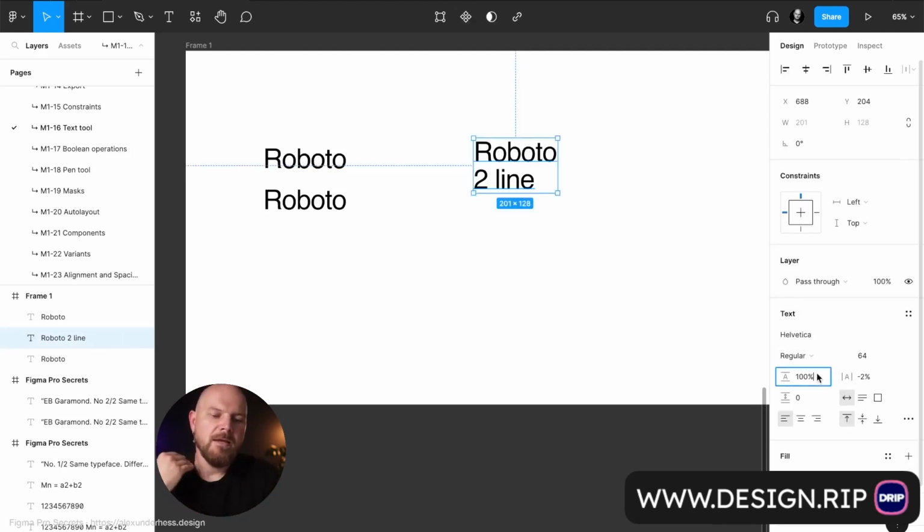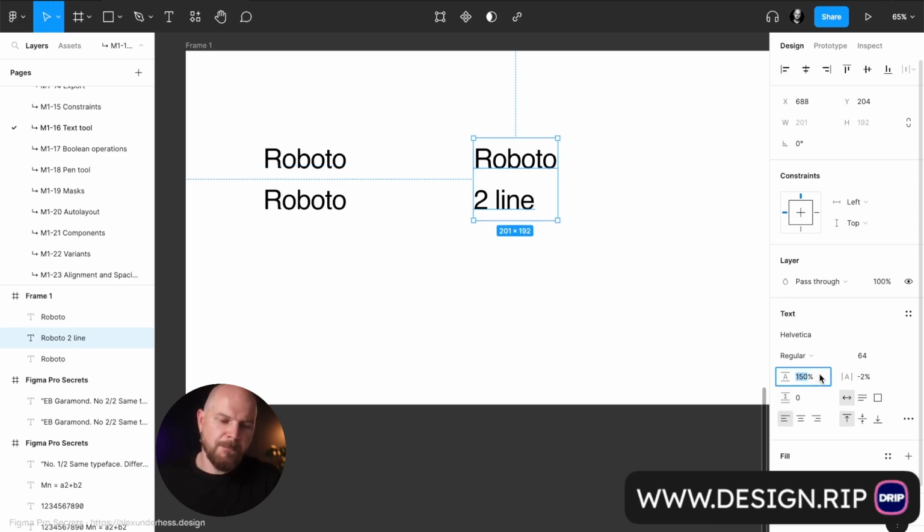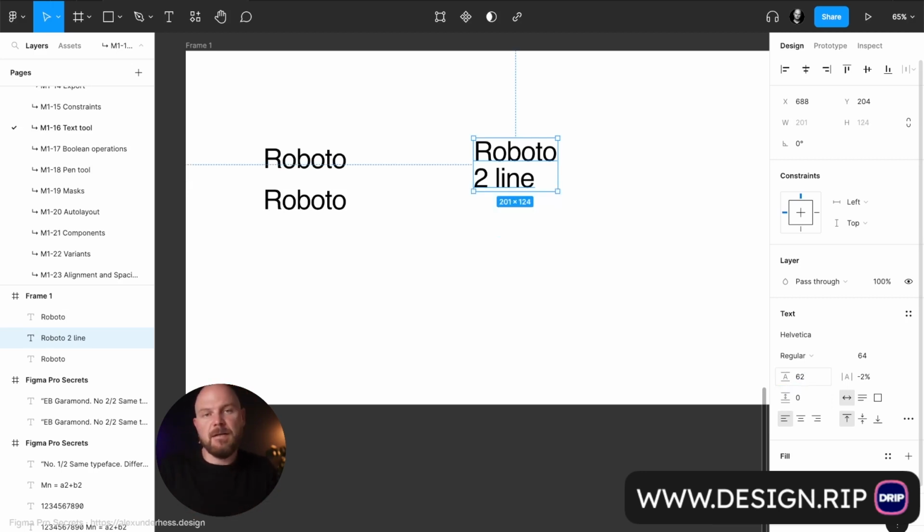It's important to understand, now you know that this is Figma Pro Secrets. The Figma Pro Secret: the math function works here as well. You can multiply it by 1.5, 100%, and then it will be 150%. If you want to have it presented in points, let's imagine 62 points, then you can set it as 62 points. But if everything that you're creating related to line heights is in percentage, and you want to know exactly what is the percentage